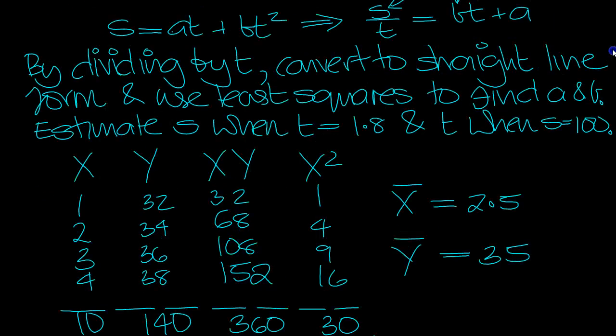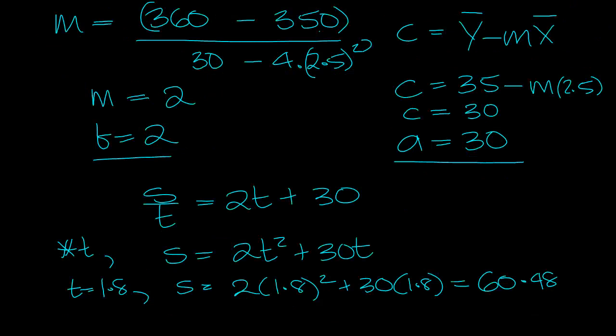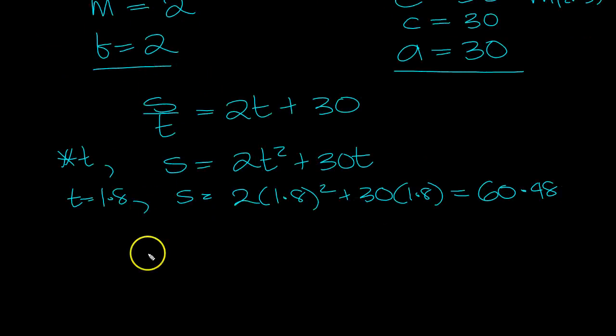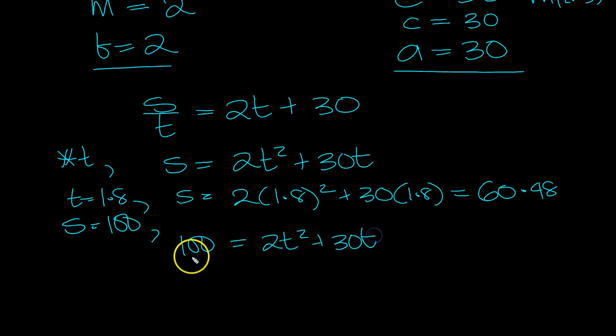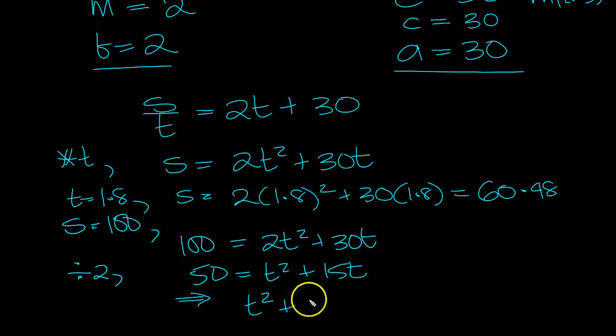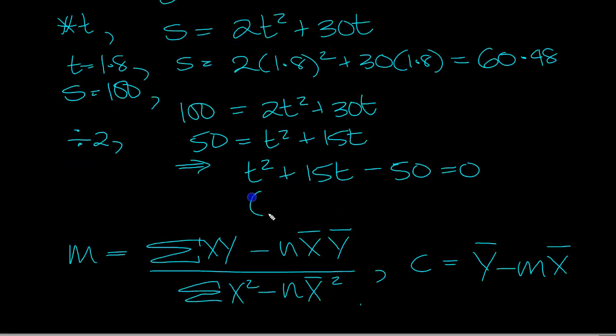And then the next bit. Let's just flick back up and get it. Estimate t when s is 100. s equals 100. 100 equals 2t squared plus 30t. Divide by 2 all the way through. 50 equals t squared plus 15t. So that tells us then that t squared plus 15t minus 50 equals 0. I think that factorizes